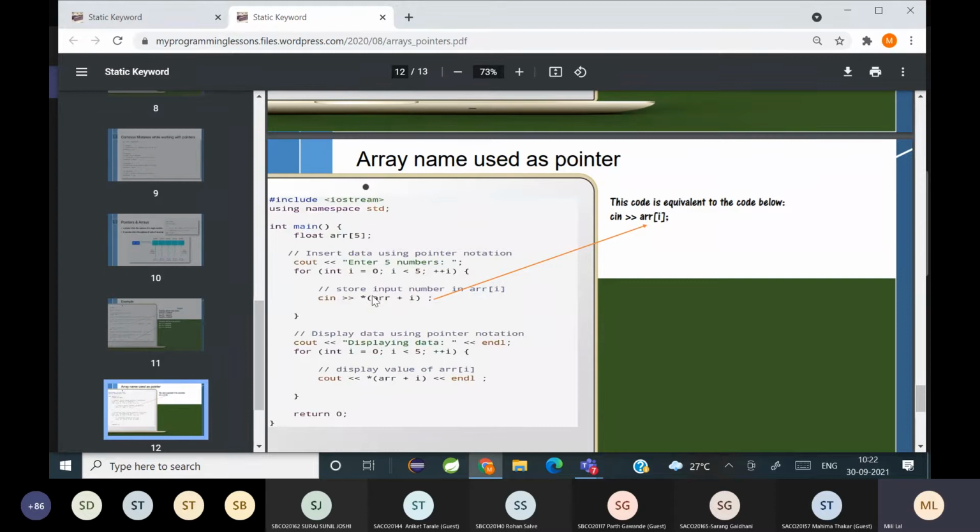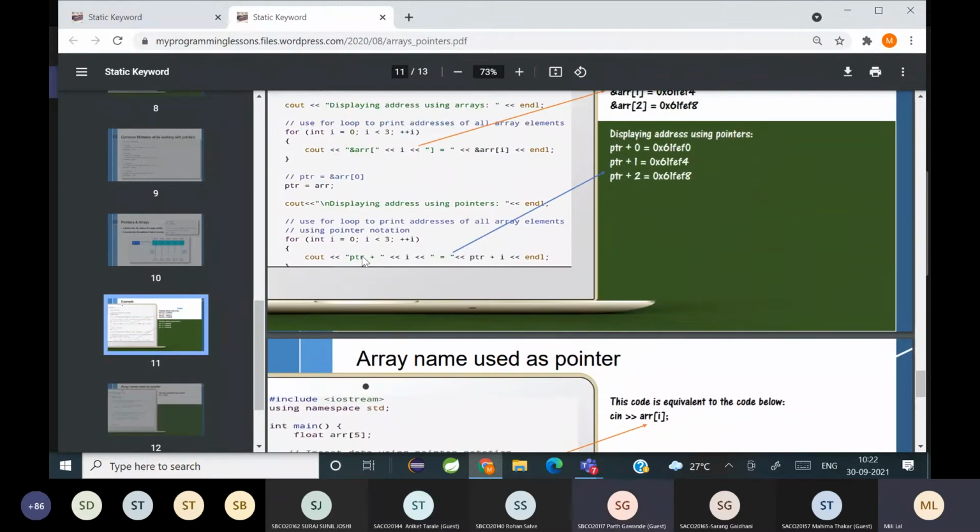And if you write an asterisk sign in front of it, what does that mean? Dereference. It's a dereference operator, which means it's going to return the value present at arr plus i. That means you can actually use array names as pointers. It's equivalent to ptr plus i, right?